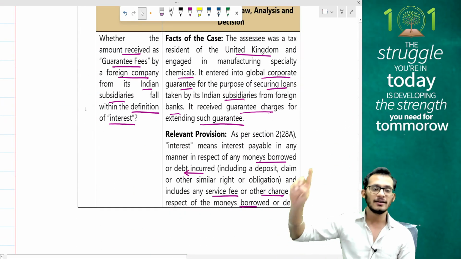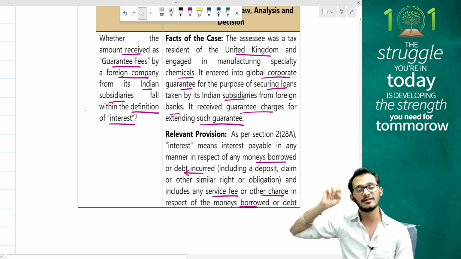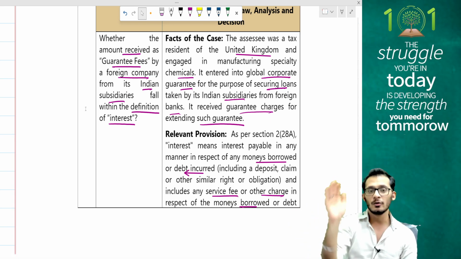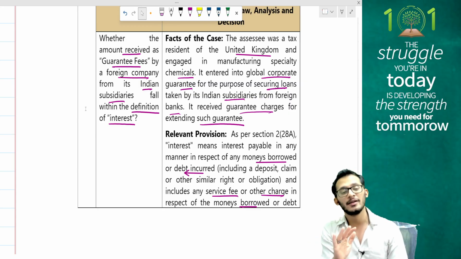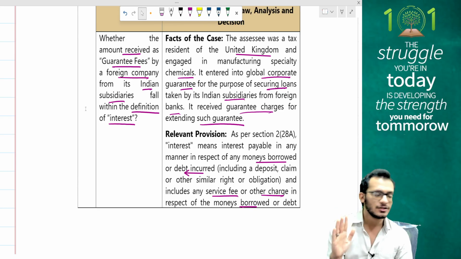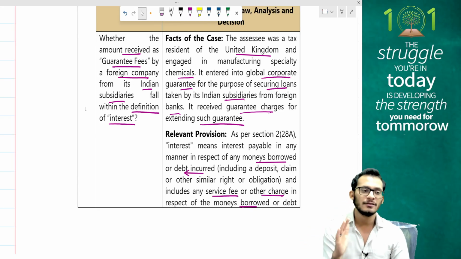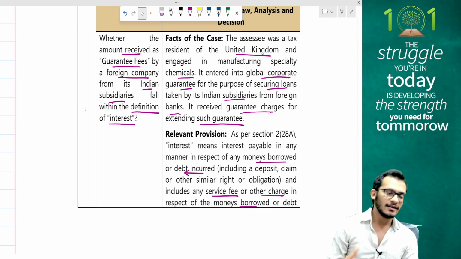And case law number 5 clarifies that if you have any guarantee fees received, then as per treaty provisions, including India's local laws, guarantee fees cannot be called interest and will rather be called other income for the purpose of computations, and therefore your treaty provisions will apply accordingly. Yes, so 5 case laws for you to keep in mind, people.